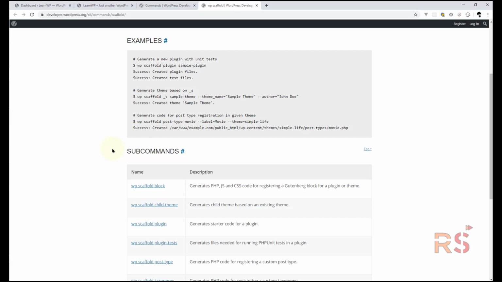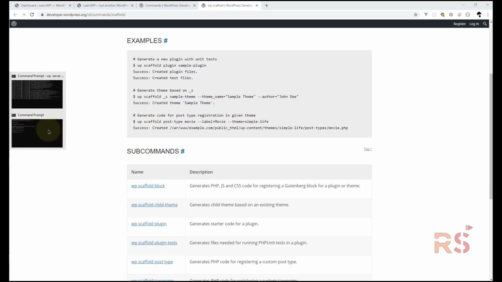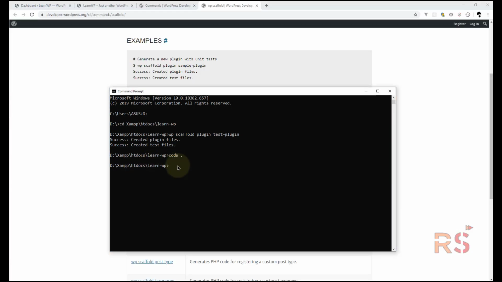So for the sake of this tutorial, let's create a post type that has been shown here. So let's do wp scaffold post type. Let's give a name and the label and the theme or the plugin where you want to generate. In our case we want to generate a custom post in the plugin. So let's do wp scaffold post type, let's say book. Let's label it as book,